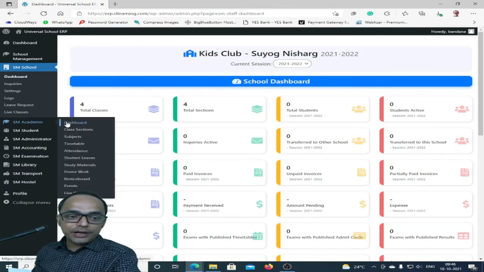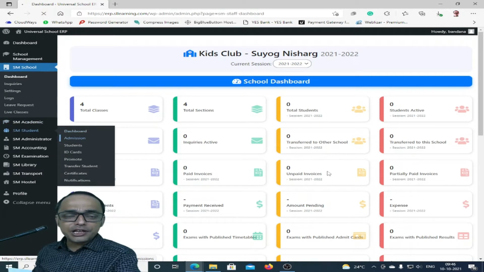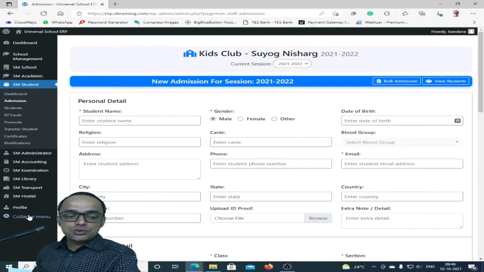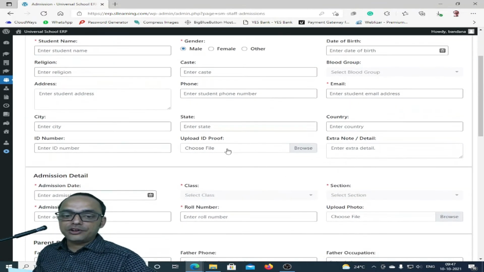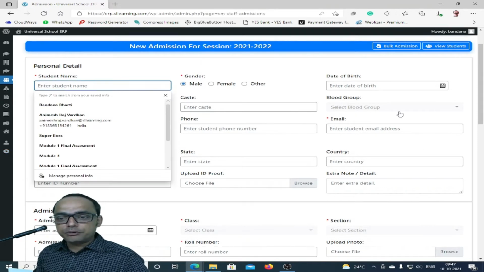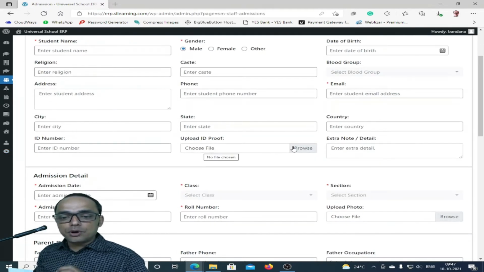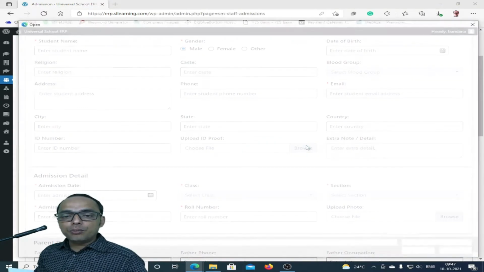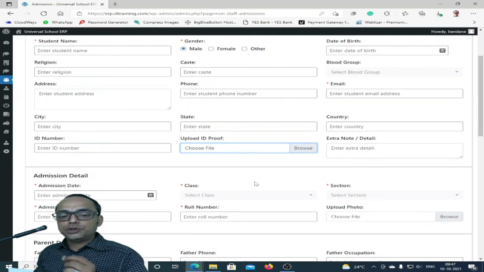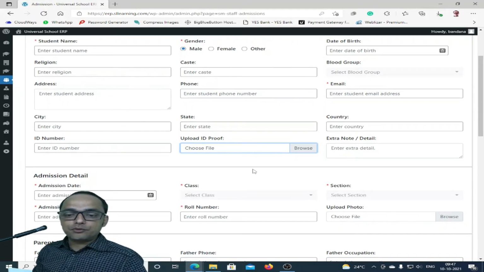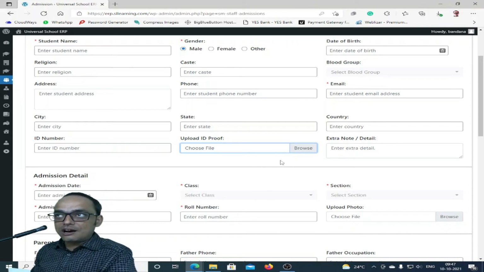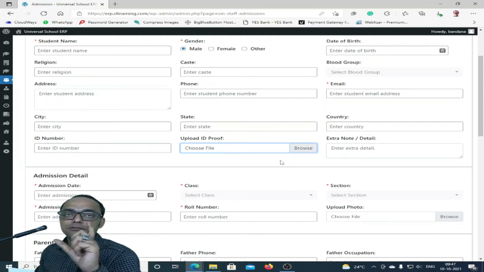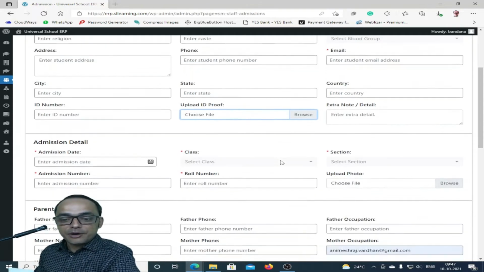Now let me just show you an example. Say for example you are taking admission. Now how is this tool going to make your life easy? This is a digital form wherein you can fill in all the information that you need to, and if you are supposed to upload proofs, once you are on mobile, you click on this, and it will give you an option to either pick a file from a folder, or click a direct photograph. So your parents, your staff or your kids are not supposed to carry any photocopies. They can carry the original. You will take the snapshot and you will have it in your database.